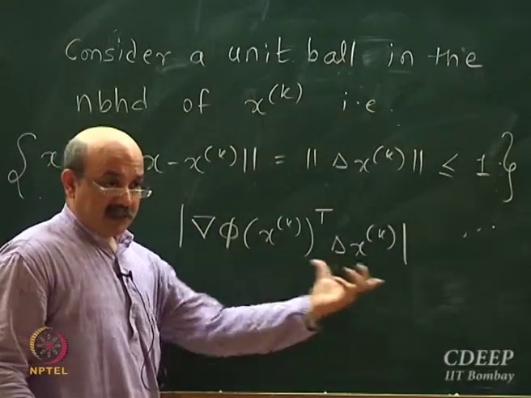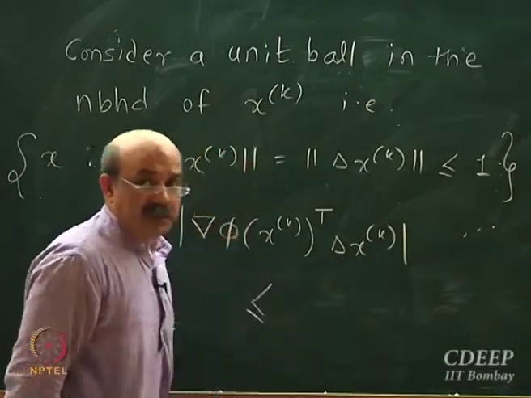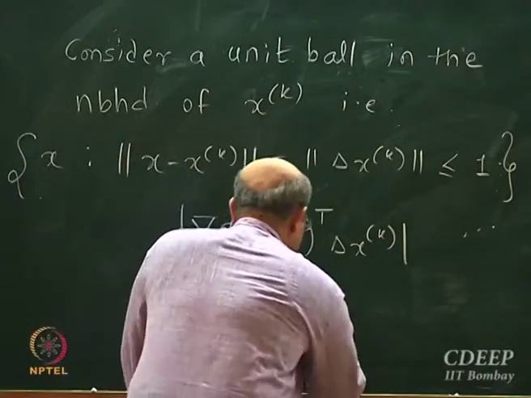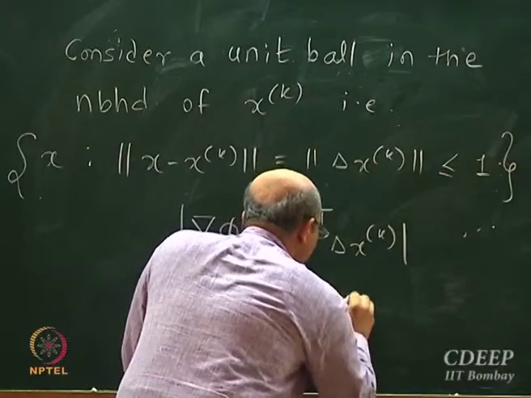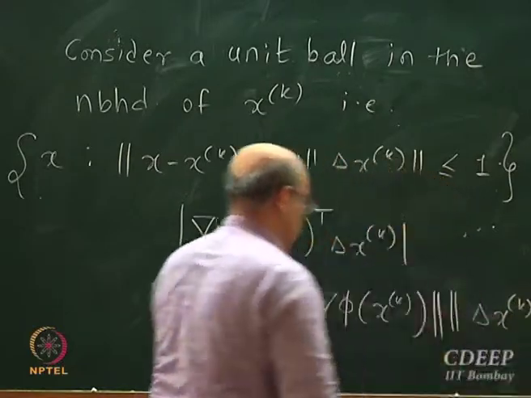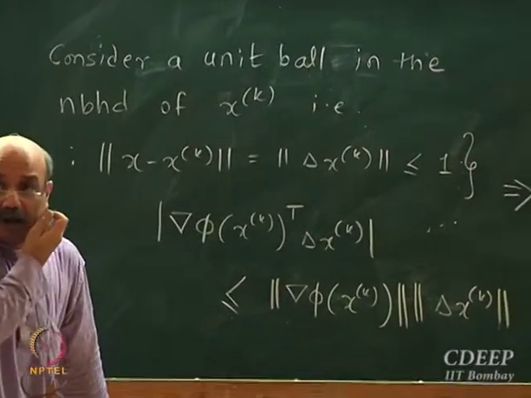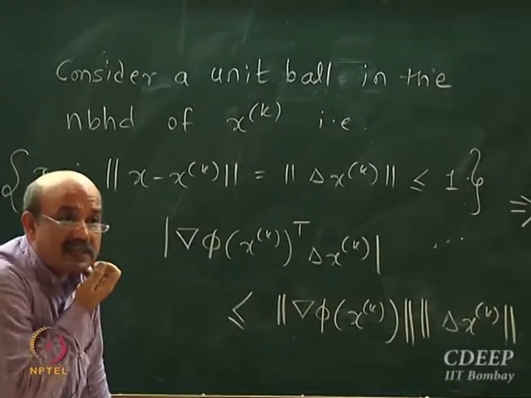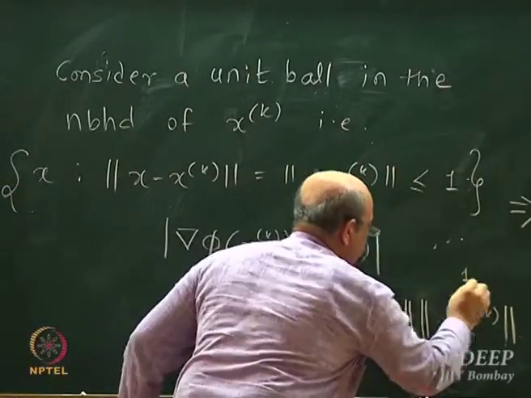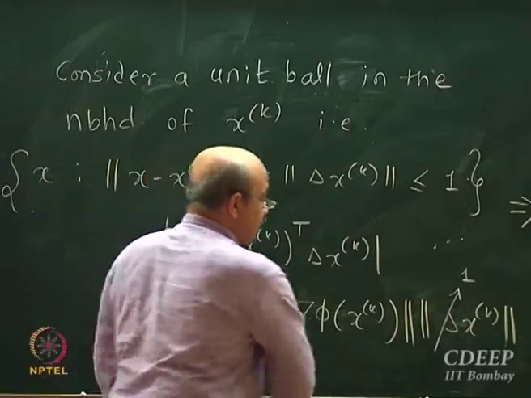This is the inner product of this vector with this vector, which is less than or equal to, by the Cauchy-Schwarz inequality, the norm. But then I am looking at the set of all x in the unit ball. So this is 1, the maximum value this can take is 1, which means,